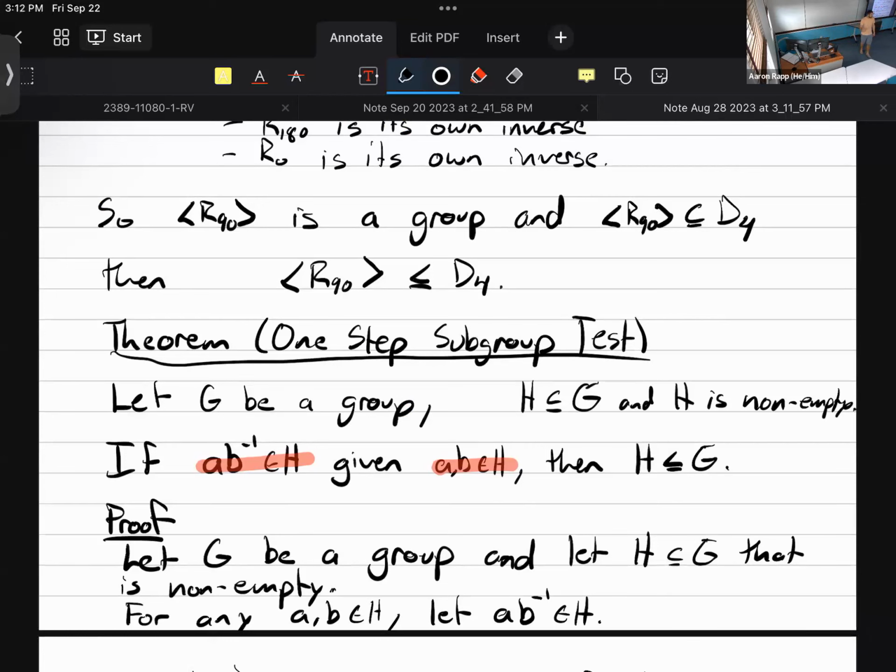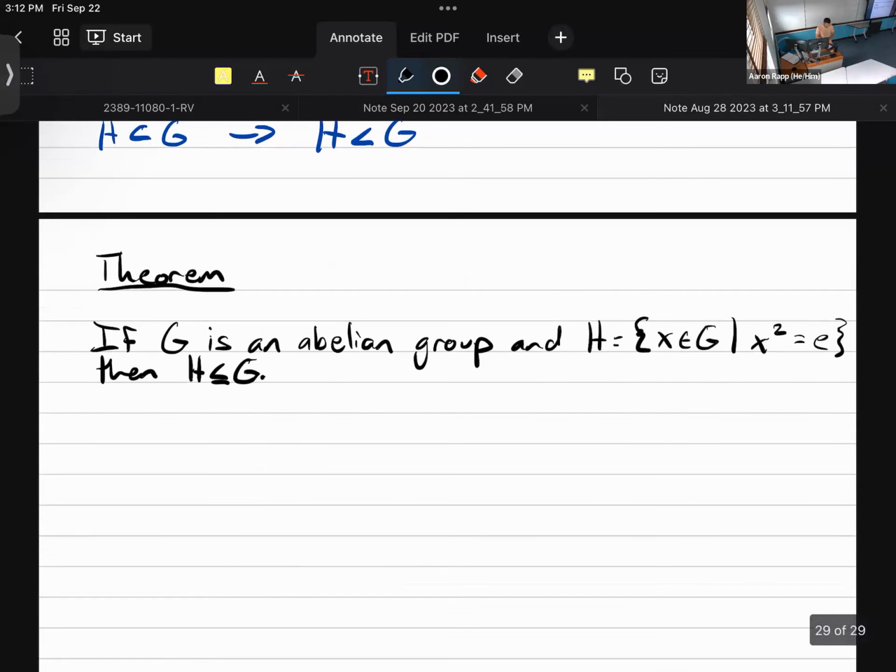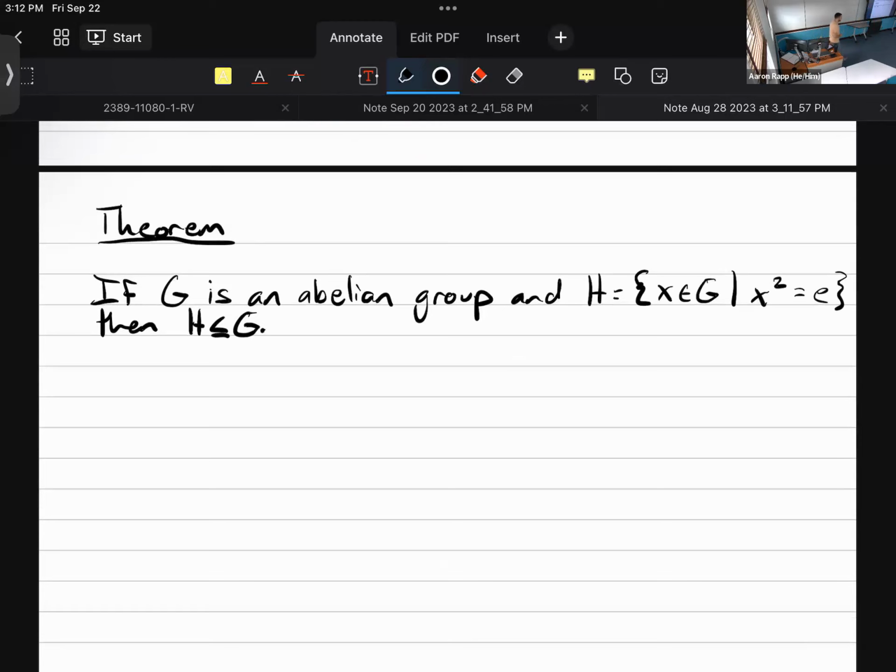And I can make really weird set definitions that will just boil down to the empty set, even though it might not look like it would be the empty set. So the first thing I really need to do is confirm that the set H that we have has something in it. It is not empty. But once I've confirmed that it's not empty, I can apply my one-step subgroup test. You have to show that something's in there. What's the method you apply for that? There's not a catch-all trick. It'll change from situation to situation.